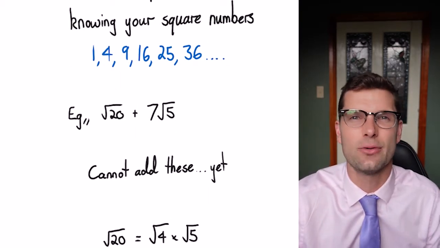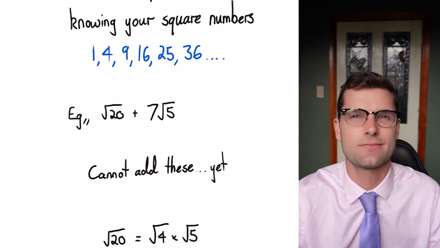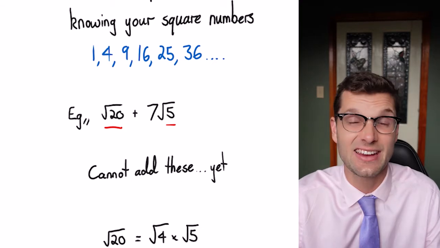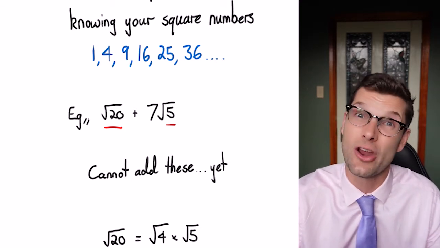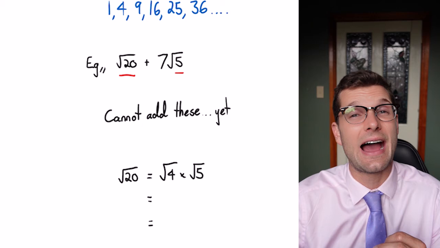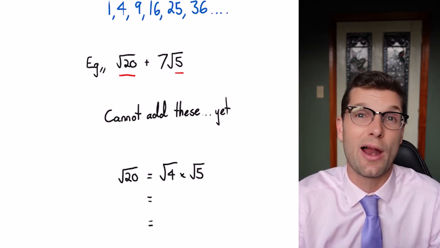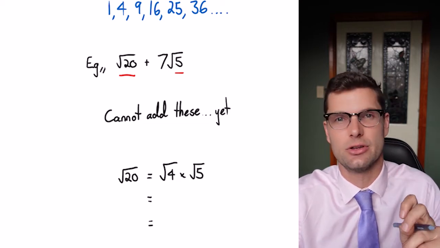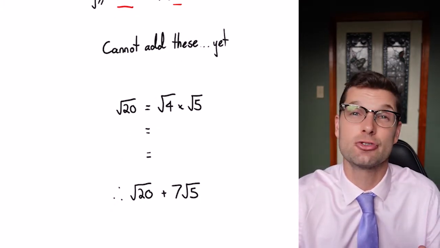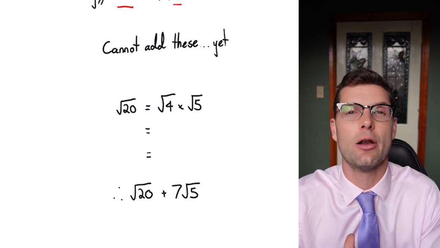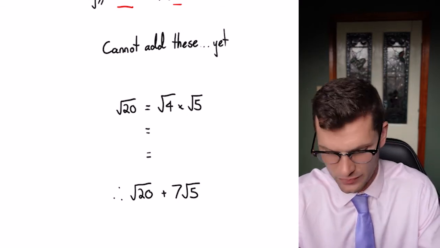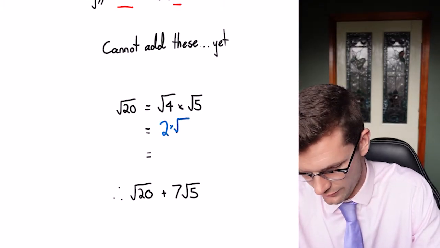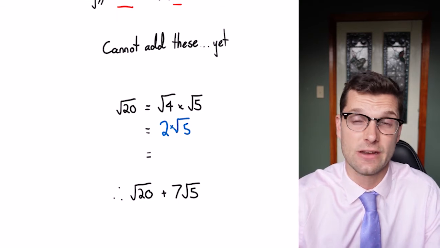We're going to have a look at an example. Here I've got root 20 plus 7 root 5. Because these surds are different, I actually can't add them together. Well, not yet anyway. The reason that you'll be asked to simplify this and not just write out the answer again is because we can manipulate root 20 into a simpler term. So root 20 is equal to root 4 multiplied by root 5. That's our multiplication rule. Root 4 is just 2 multiplied by root 5, and we can finally finish writing this